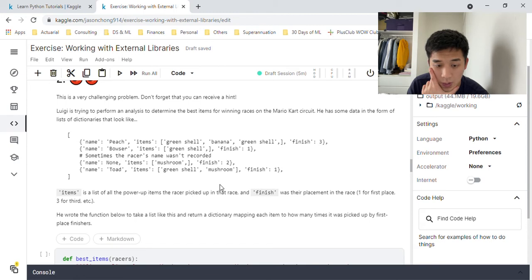All right, so we have 3 keys. So the first key is called name. The second key is called items. The third key is called finish. So this is the name of the player. This is the items that he or she has collected throughout the race. And this is the number,